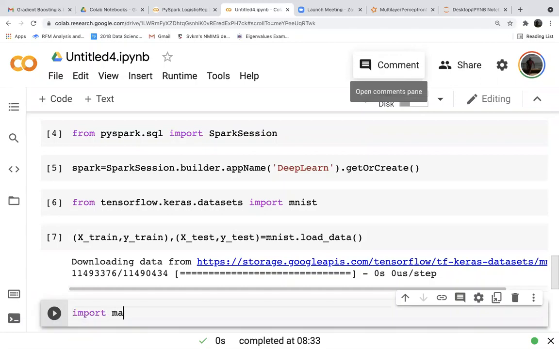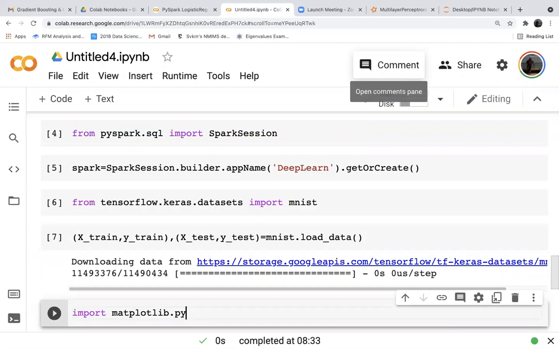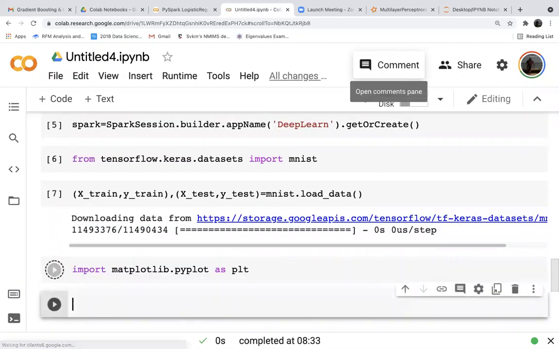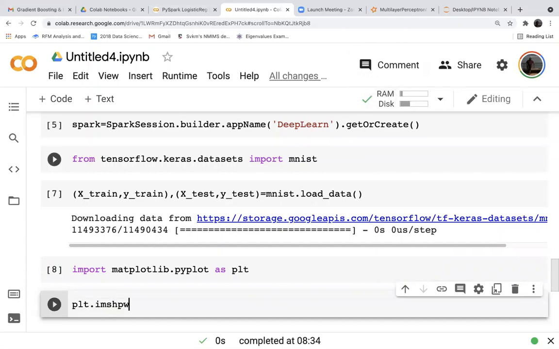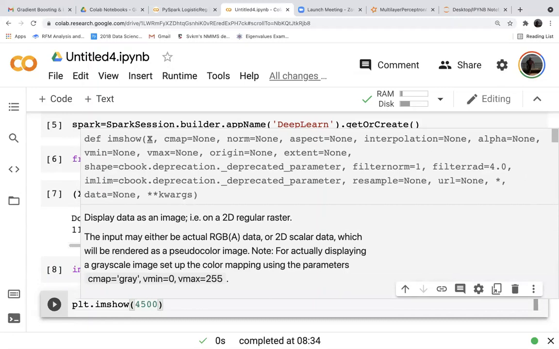Import matplotlib.pyplot as plt. So we'll see the image, what we are actually looking at. Let us see the images. plt.imshow. Let us say I want to see image number 4500.